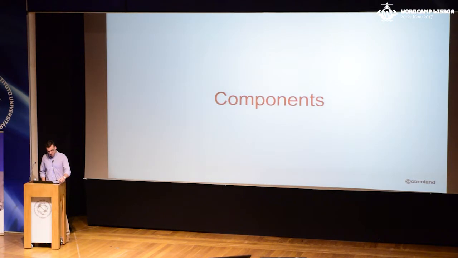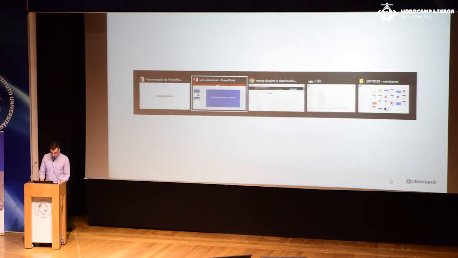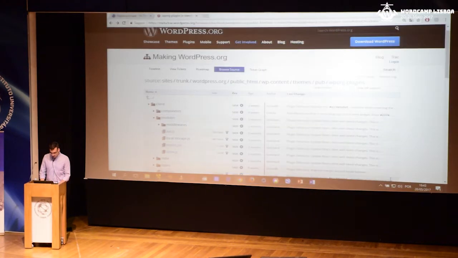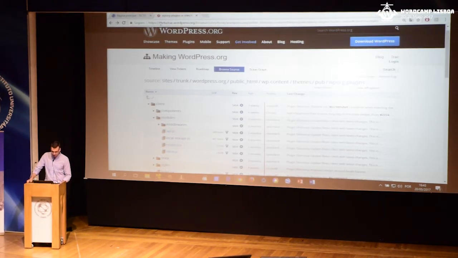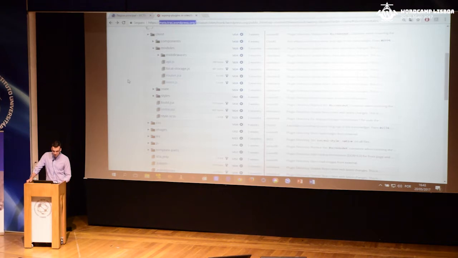Yes, so let's look at some components and let's look at how this is built and set up. Right, so also this is public information. It's available through the internet. It's on meta.trac.wordpress.org. You can see it up here. And you can look it up yourself. It's pretty much just a basic WordPress theme, as I mentioned before. What we're doing is we